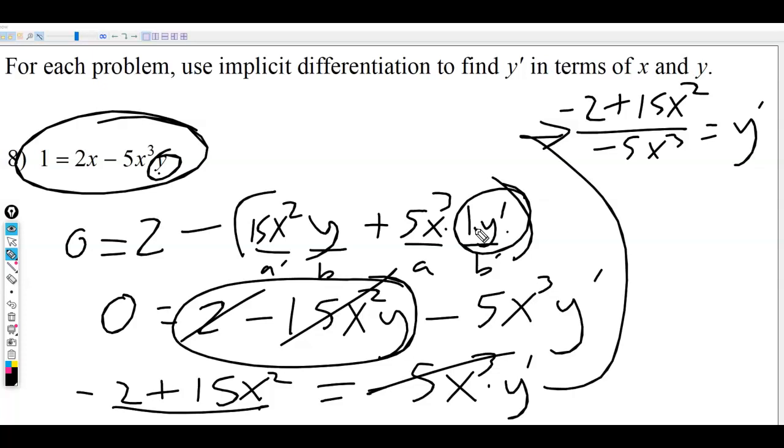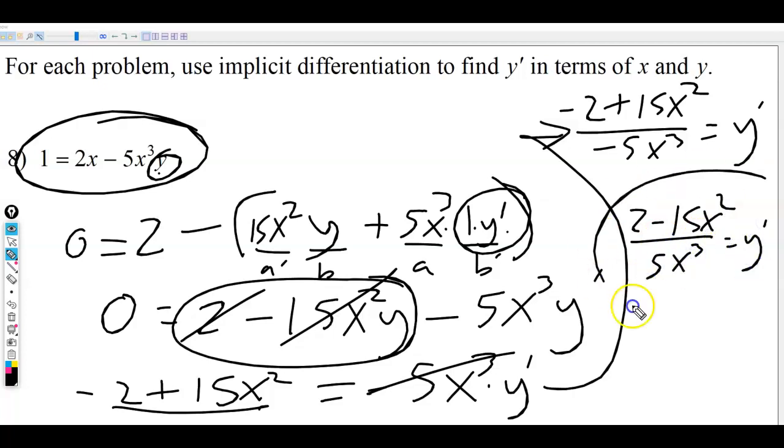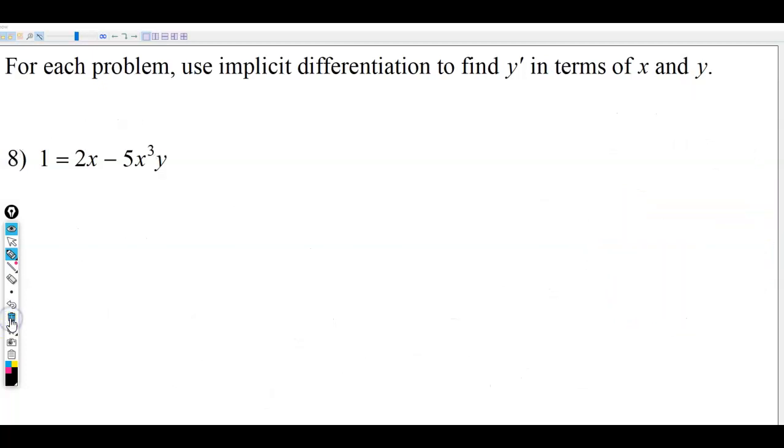I wouldn't be surprised if, instead of having a negative in the bottom there, they just changed the signs of everything and rewrote it like this. Because it's not kosher mathematically usually to leave negatives on the bottom if you don't have to. So there's that. I'm kind of curious to see how the answer is being written here, so I'm going to bring up the answer key for this one and see what they put. Yeah, they got rid of the